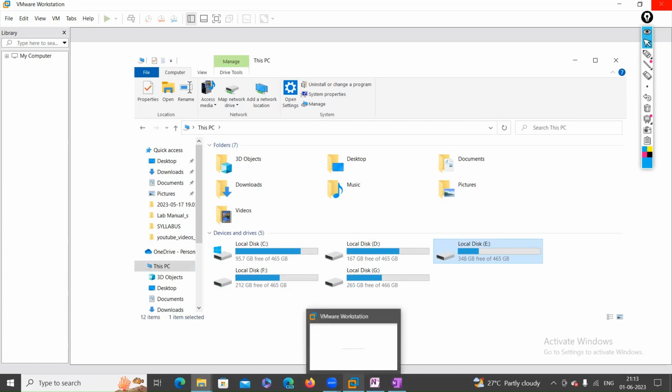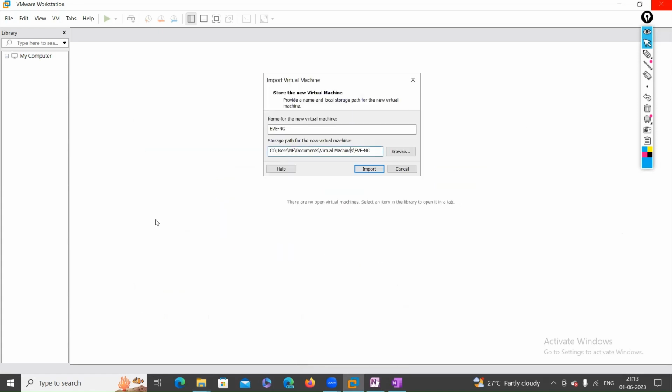Sorry, this virtual machine. After that, whatever I'm doing in that EVE-NG operating system, like creating the topology and working with the devices, all the storage will be stored in this directory only. This is the directory you are going to choose, right? Where you are going to store that virtual machine storage. Whatever you are doing in your EVE-NG operating system, everything will be stored under this disk,